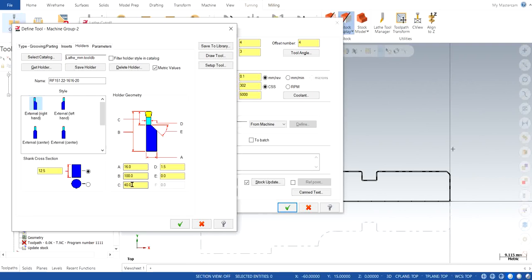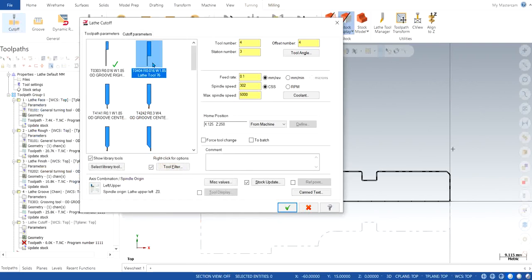It should be at least 10. I would recommend going for 14 to 15 in case of a 10 diameter, but for sure it's always a virtual platform in Mastercam. When it comes to practicality, it all depends on the tools available inside the machine shop itself. So right now I'm just going to use this tool which I have created on my own.